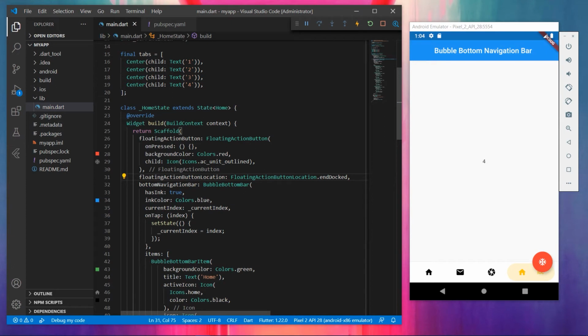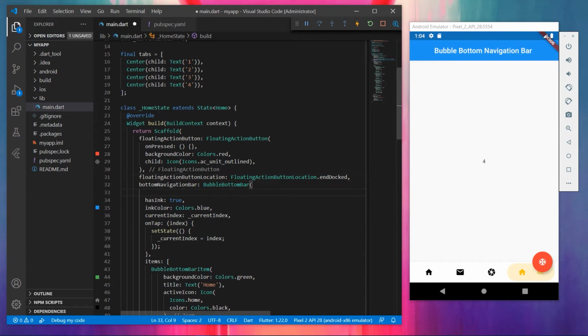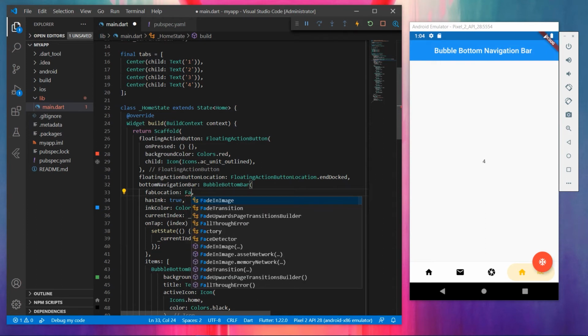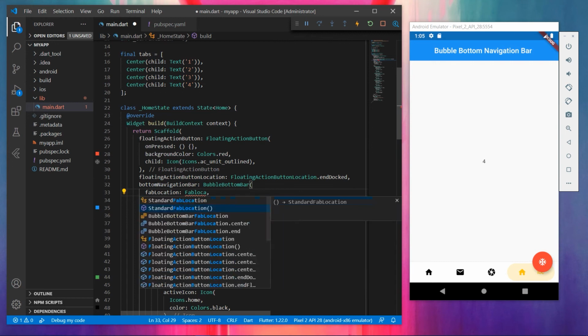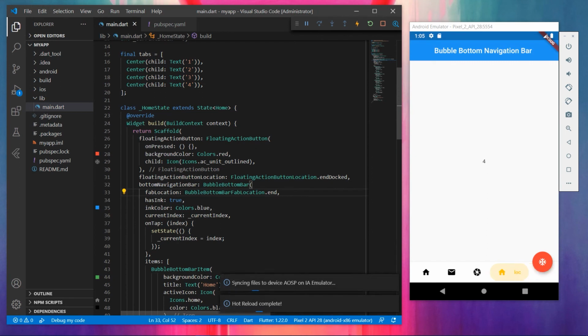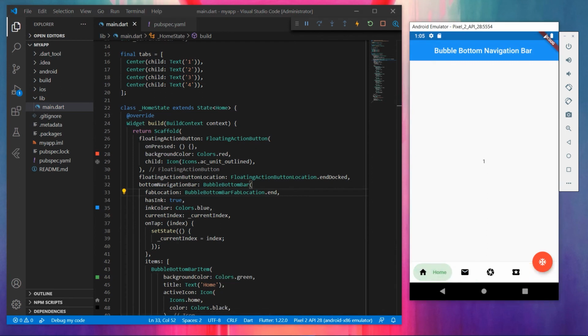Now we could see it is placed at the end, and all you need to do is you need to add something called fabLocation, and you need to set this to BubbleBottomBarFabLocation.end. Let me just save this. Now you could see this suits perfect with the button and these three.